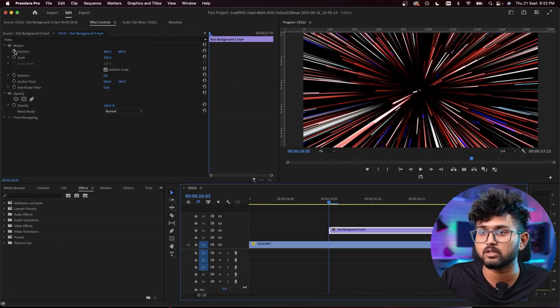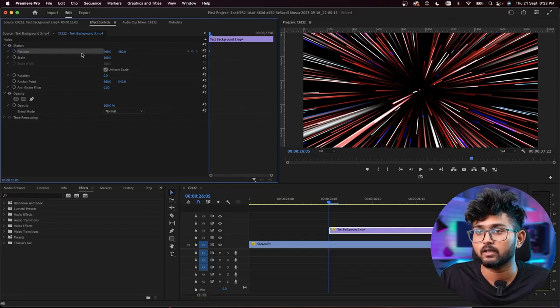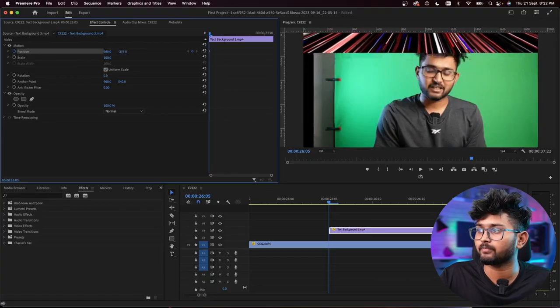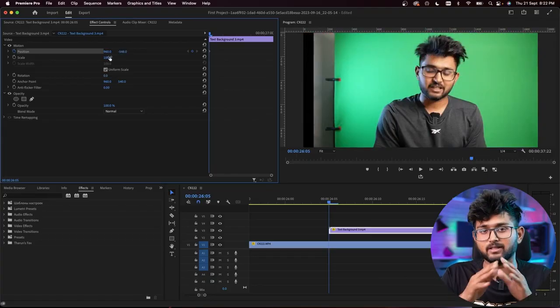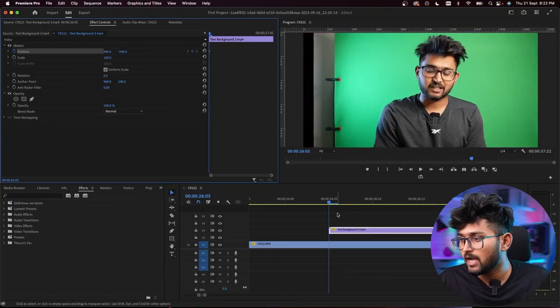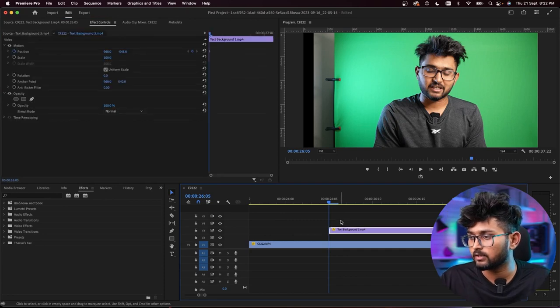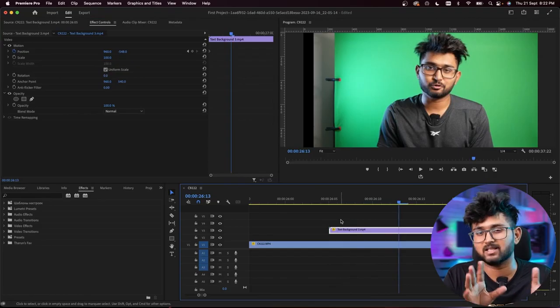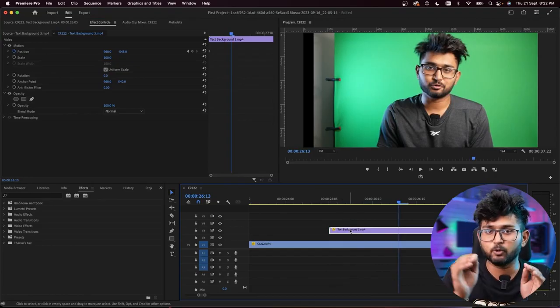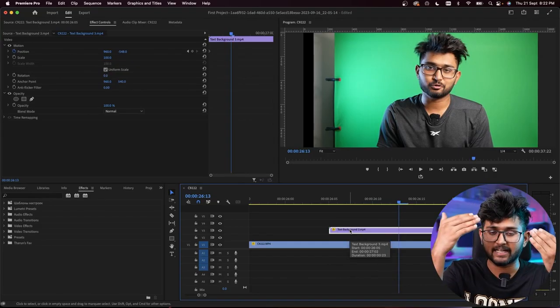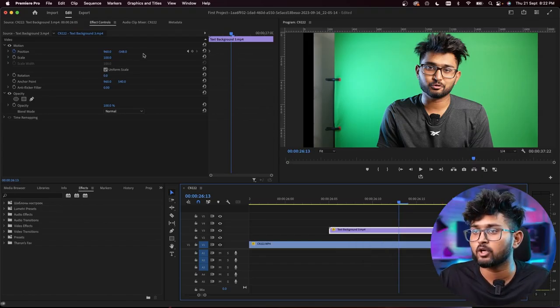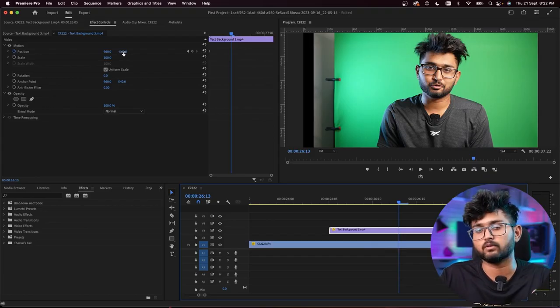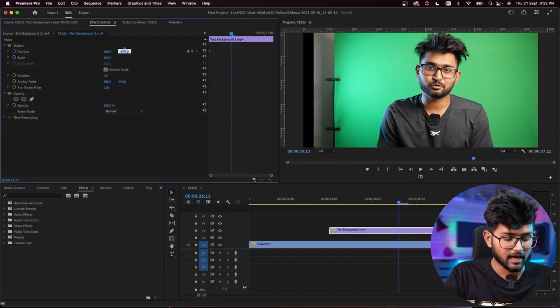So what I exactly do is I click on the position. You need to first click on the position, and I'll move it to the top, to the place where it doesn't appear on the screen. Then I'll click here and move 1, 2, 3, 4, 5, 6, 7, 8. 8 is a good number. At the 8th position, after 8 frames, I want the entire text background to come onto the screen. Now I'll click on the y-axis because that's what we changed, and get it back to normal.